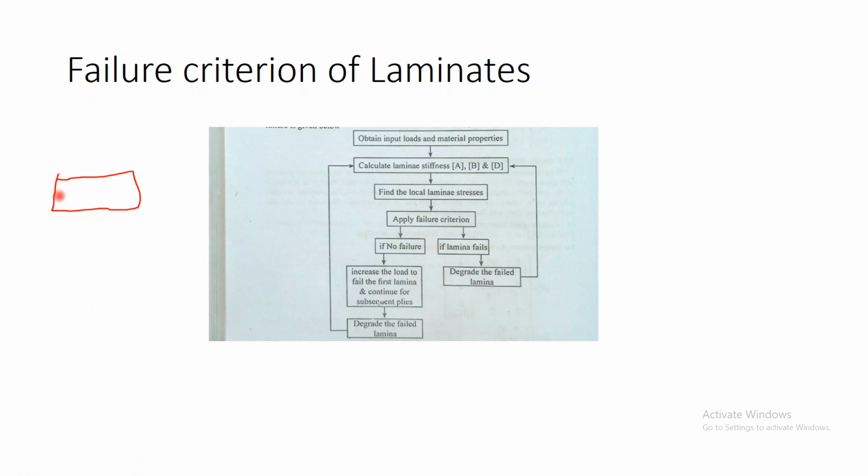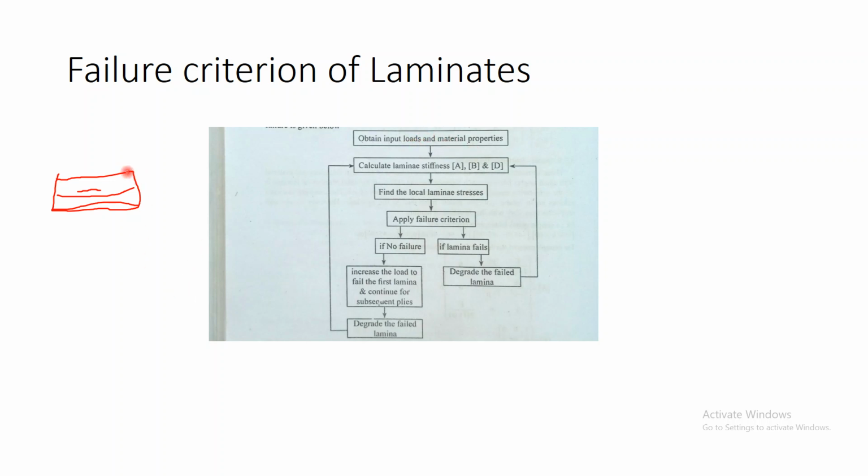If the fibers are arranged in this manner, usually the failure occurs in such a way that the failure is almost parallel to the fiber orientation, so that later on the matrix is going to fail, just like a crack which is parallel to the fibers. Okay, this is how the failure criterion of the laminates will arise. Now to understand this, we have to find out how these fail and all the considerations. We should go through this flow chart.